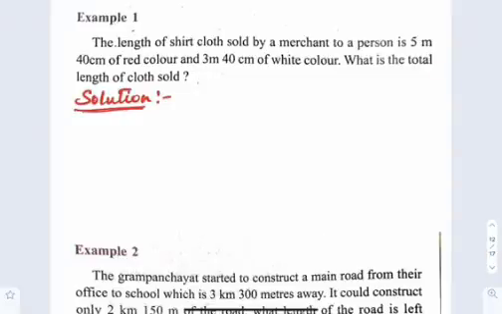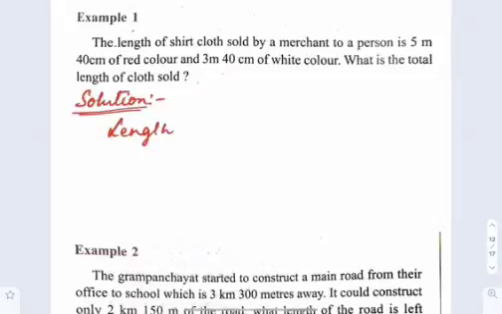The length of shirt cloth sold by a merchant to a person is 5 meters 40 centimeters of red color and 3 meters 40 centimeters of white color. What is the total length of cloth sold? Solution. Length of red cloth